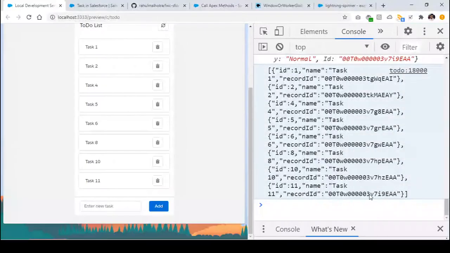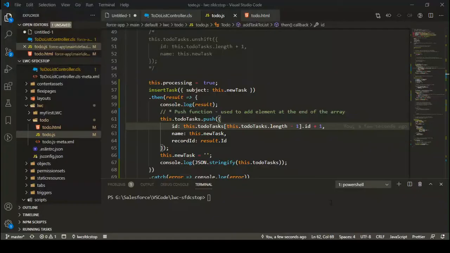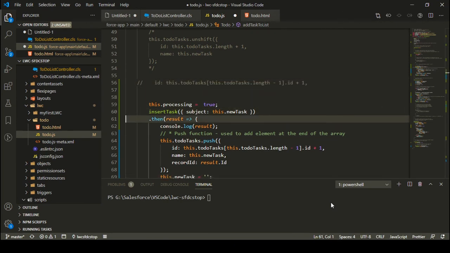Okay, so I just want to show you one thing, that maybe it's possible that you want to ignore this duplicate key, but it can have some really bad impacts, right? So let me show you what kind of impact it can have if the key is duplicated. So I'm just going to copy this code, and I'm going to paste it here so that it's stored for now. And I'm going to revert this code to the previous code that we had.